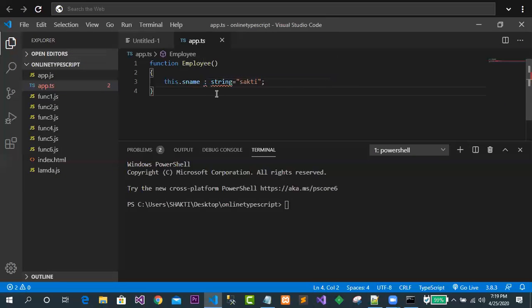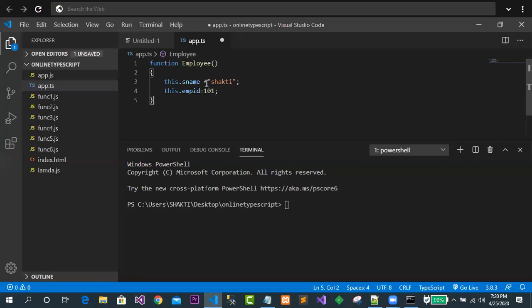This is exactly JavaScript code. Inside that, it is not possible. So what I should do here is simply omit this one and directly write the name as Shakti here. Clear? Now my requirement is this.empID, suppose, and this empID I have written as 101. So it is looking great.